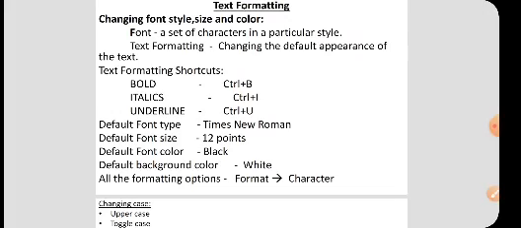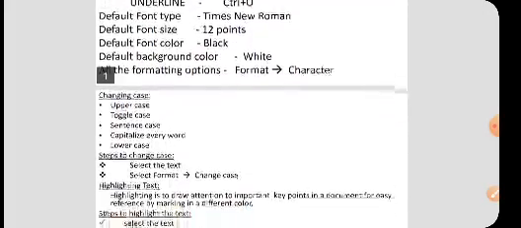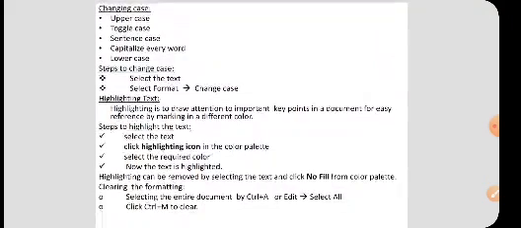Next we see the topic changing case. What is changing case? Normally any text can be typed in uppercase or lowercase, so the text can be changed to different cases. The first one is uppercase. Uppercase means fully capital letters. The second one is toggle case.